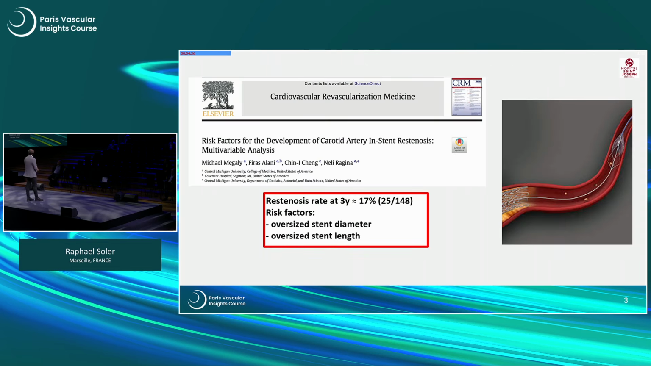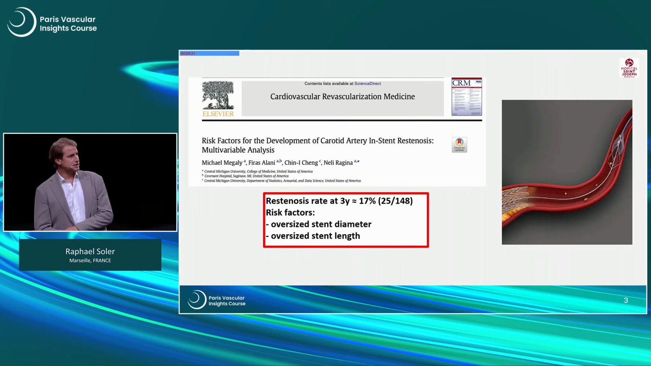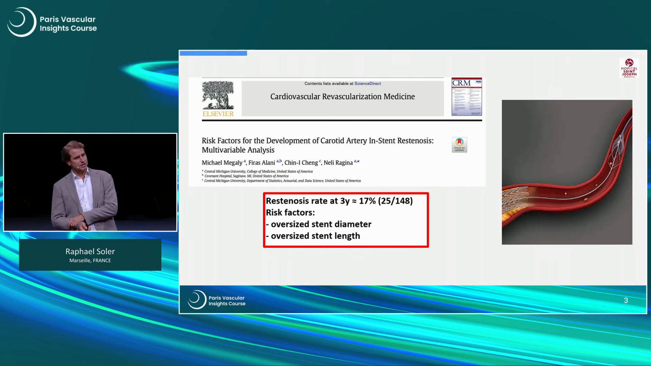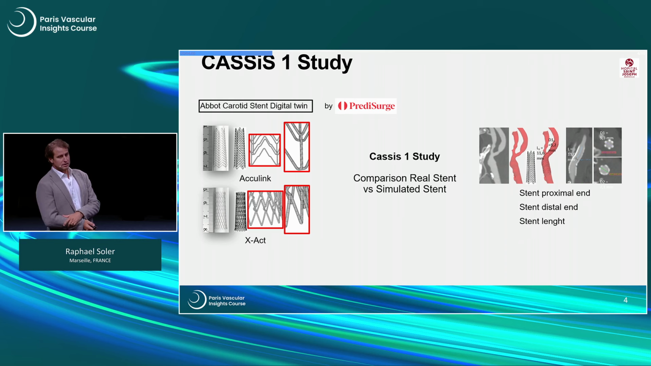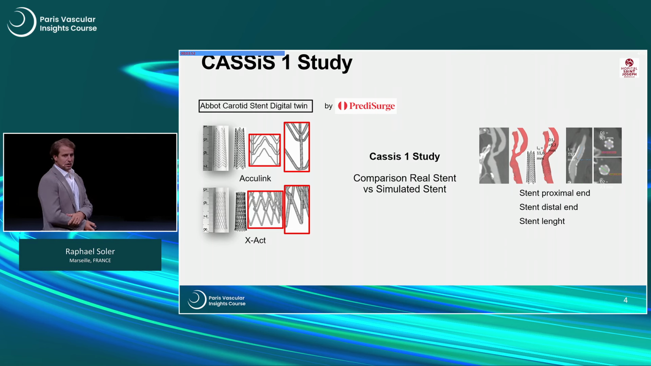So we start from the fact that nowadays, in the world, the treatment of carotid artery stenosis is moving from endarterectomy to stenting. In the literature, the restenosis rate at 3 years is about 17%, and multiple risk factors have been identified, such as oversizing in stent diameter and length. So our idea was how to improve this result, and we performed a first study named CASSIS 1, where we would compare